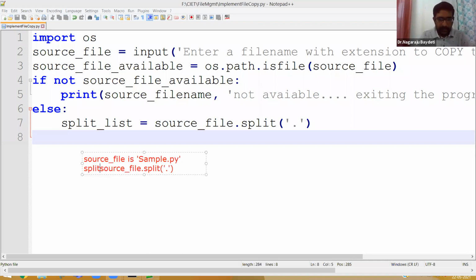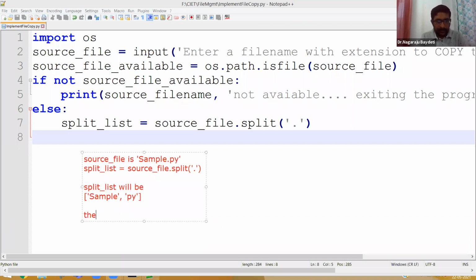Now split list will be a list with sample, comma, py. Basically it will split. Split will split the file with dot character. So sample.py, sample will come, py will come.